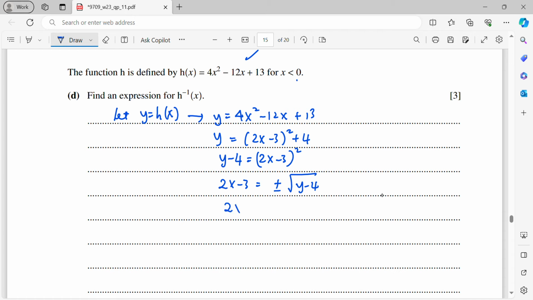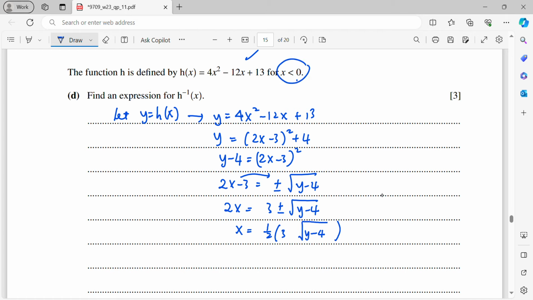Now to get my x, I will move the 3 to the right side first. It will be 3 plus or minus the square root of y - 4. Now to get my x, I have to divide by 2. So I'll just write half, then 3 plus or minus the square root of y - 4. Now what to write, plus or minus for the square root of y - 4? It depends on your